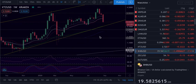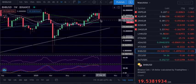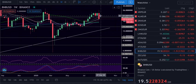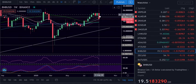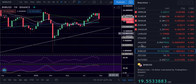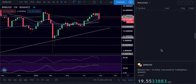BNB testing the 21, but let's see if it holds. Might come down a little bit to the $18. Who knows? Now big resistance here and here. It's like a big resistance. Who knows if we don't come here to test this area. And now for the